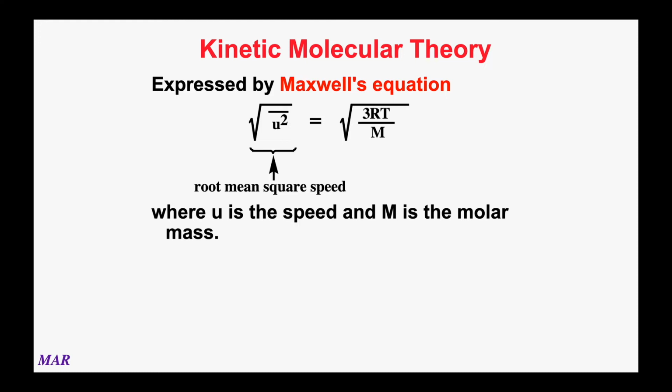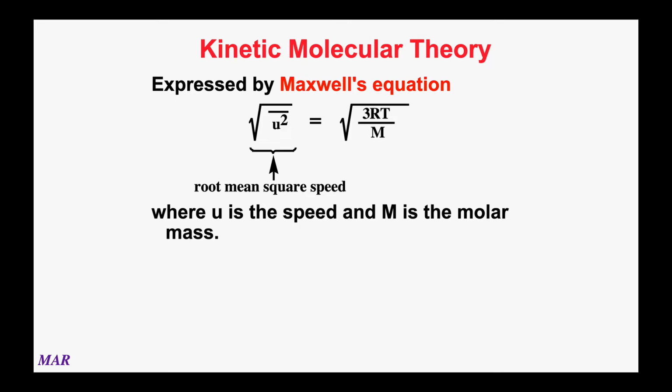Maxwell wrote the equations that scientists still use to this day, and this is one of his equations. And you can see it's really weird. It's the square root of u squared with a line over it, and that equals the square root of 3RT over m. There's a lot of interesting things you can glean from Maxwell's equation, but here's what we want to realize. That u there is the average speed. It's what they call the root mean square speed. Scientists use that, and we don't need to worry about that right now, but think of that as the speed component, like how fast something goes.